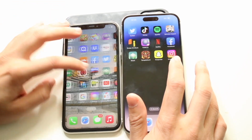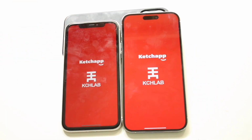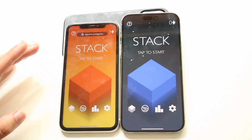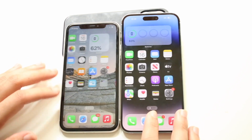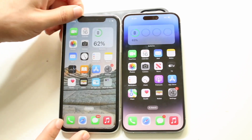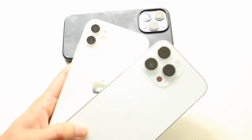Snapchat, I don't even know where Snapchat is here. We'll just skip that, and we'll just go and do something like Stack 3, 2, 1. So overall, what I'll definitely tell you is I think the 14 Pro Max is definitely the faster phone here. The iPhone 11 is performing better than what I think it was going to be doing. So I think ultimately the iPhone 11 is the slower phone, but it should be because the 14 Pro Max is definitely the newest phone. It's going to be better in that standpoint. Now, in terms of the cameras, this is where it's probably going to be an overall better